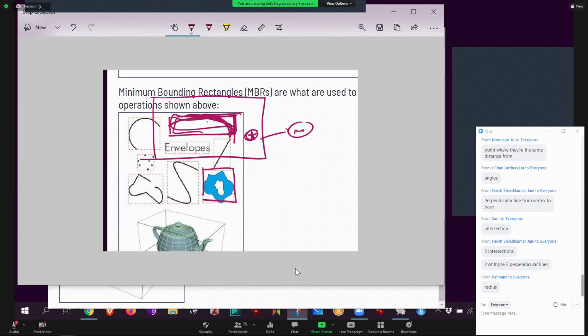So what I'm saying is, suppose the point was here, and then I ask you, am I inside the golf course, yes or no? The MBR says yes. If the MBR says yes, I do the real calculation. The real calculation also says yes. Then it's yes. This might be what is called a false positive, meaning the MBR tells me yes, but when I go and do the real calculation, the answer is no, and that's okay. I still get a no.